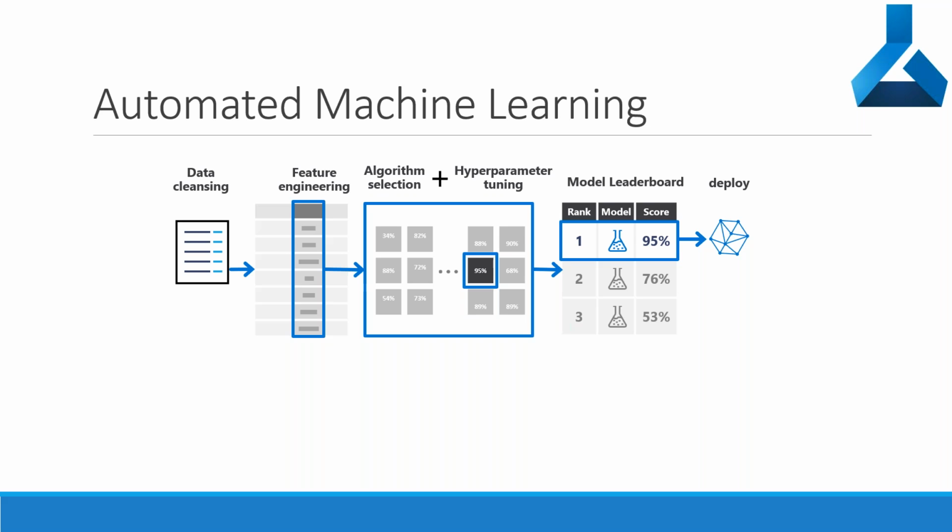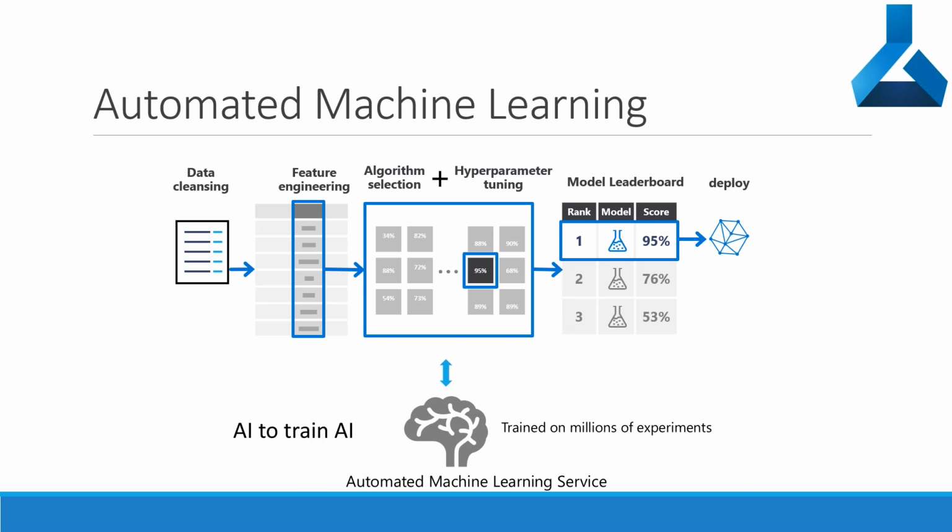So the idea here is to take the complex process of machine learning and turn it into a more simplified version, so that anyone who doesn't have a lot of data science knowledge can go ahead and create the models and get the outcome they are looking for. That is the idea behind automated machine learning. You need to have some basics. I'm not saying you don't need to know anything. You need some basics about data science, but you don't need to be an advanced user in data science or machine learning in order to build machine learning models.